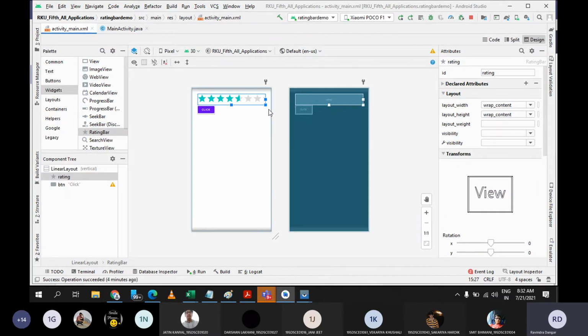No, I can go plus 7 only, because the layout is not allowing me, because everywhere I have put padding. If padding is not there, then surely I can put one more star. So it is up to you. Here, maximum I can go with 7 stars. And if you want to go with more stars, then don't give padding and try to utilize the entire screen. In that case, you can put more stars also.